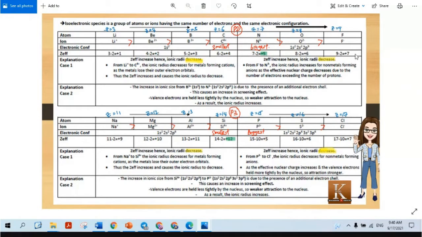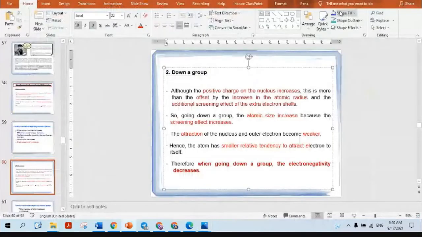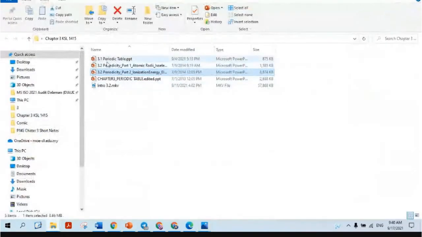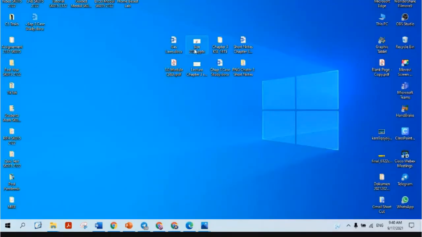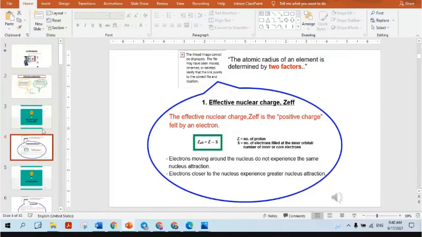So, when it increases, charge dia besar, maksudnya attraction between the nucleus and the valence electron is stronger. Okay, because later you refer back to the definition of effective nuclear charge. The effective nuclear charge is the positive charge felt by an electron. If the positive charge increases, the electron closer to the nucleus experiences greater nuclear